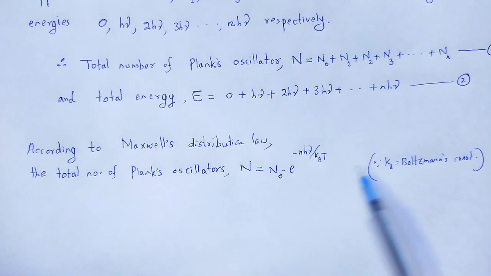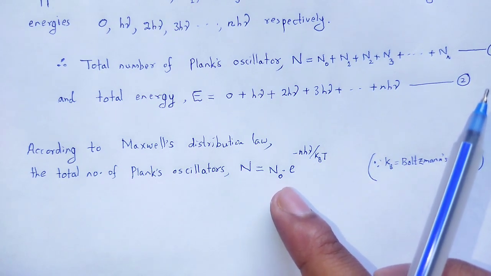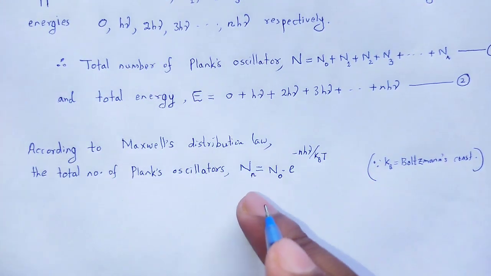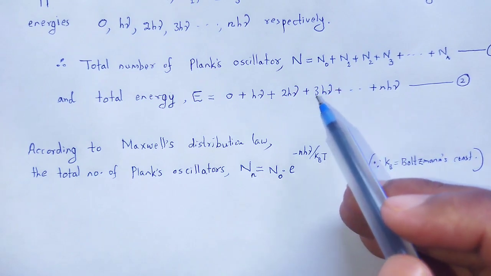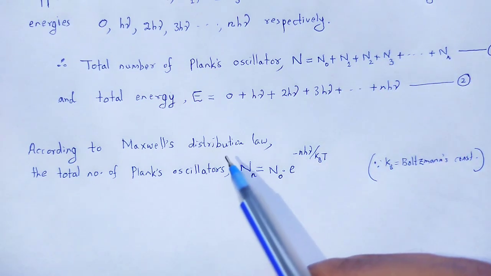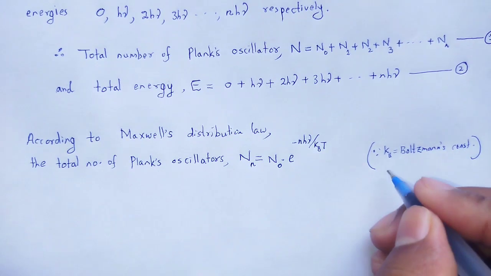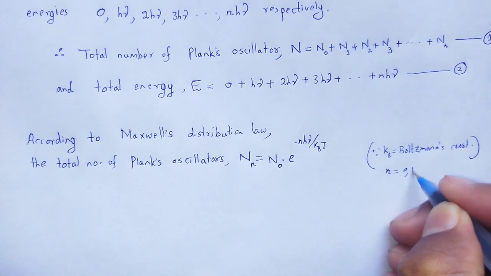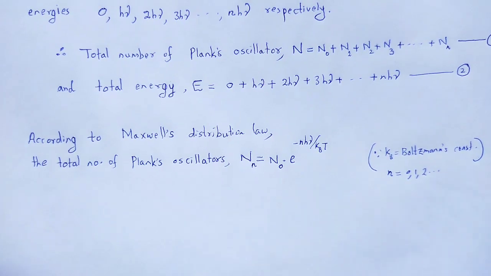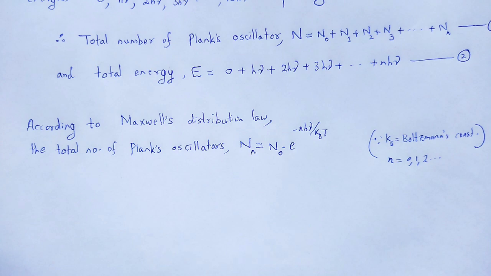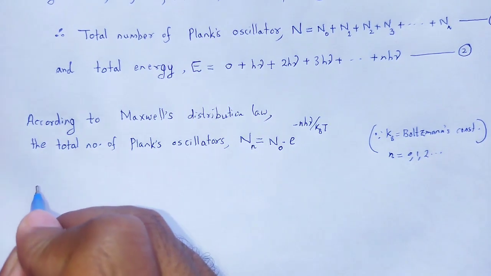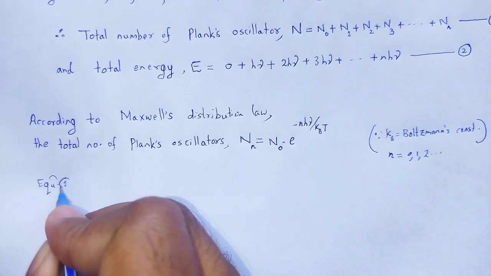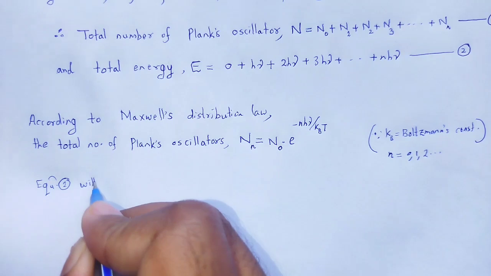According to Maxwell distribution, now we can put that as Nn, where small n stands for n is equal to 0, 1, 2, 3, like this, where small n is 0, 1, 2, like this. Therefore, equation 1 will be